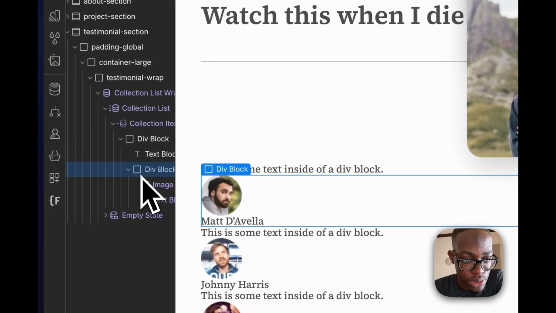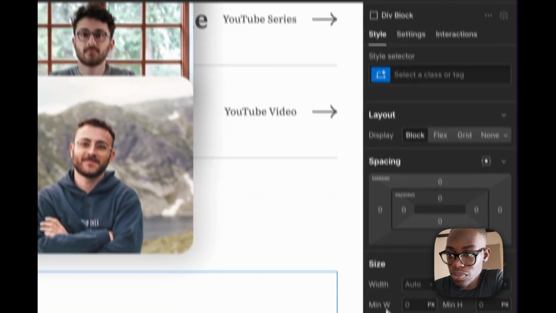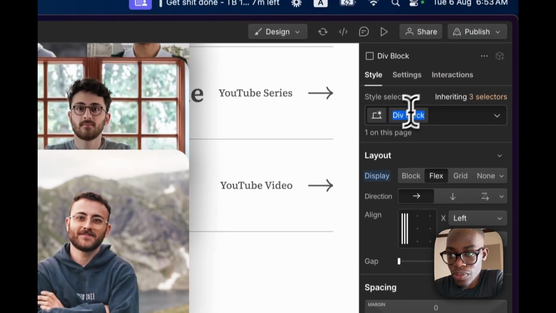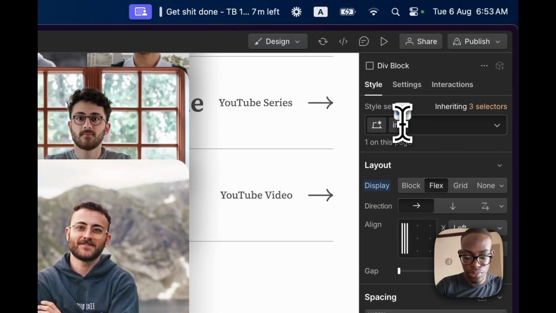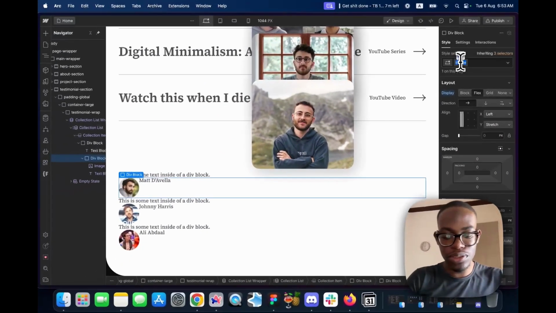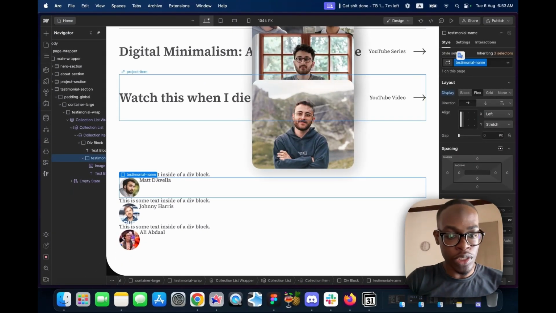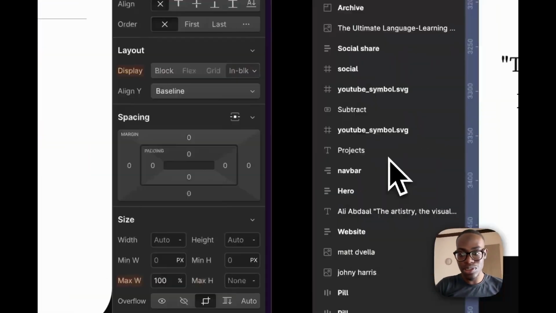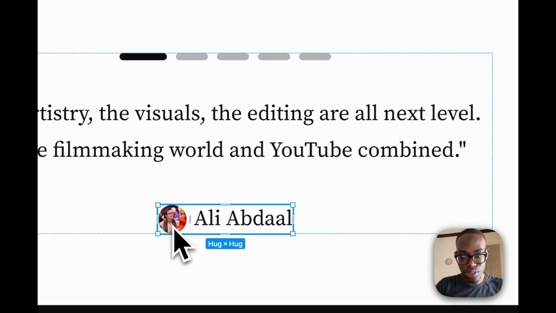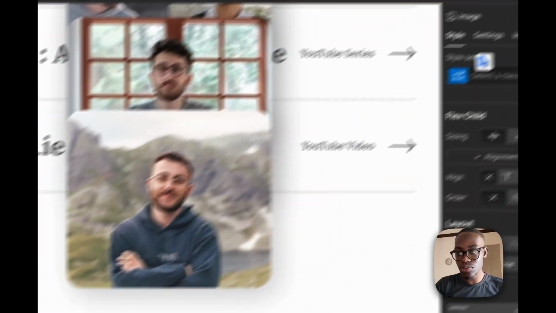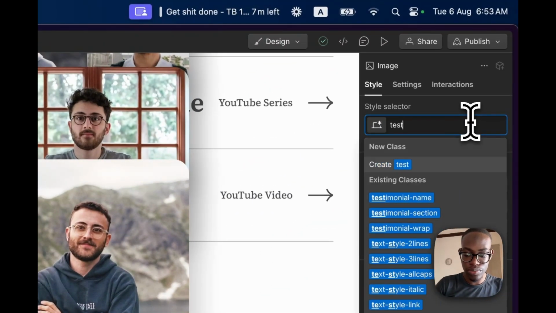Then the image block is the flex box, and we're going to call it image or testimonial name. What's the size of the image of the testimonial? 32. So I'm going to come over to the image and call it testimonial